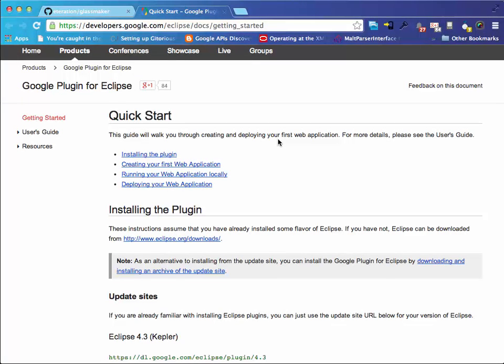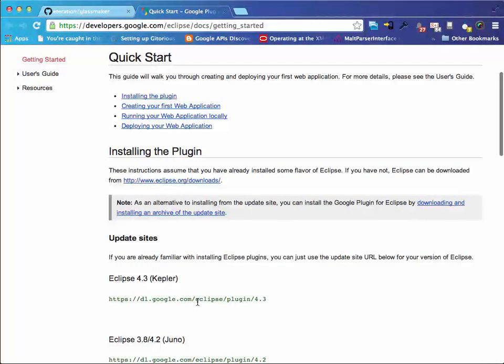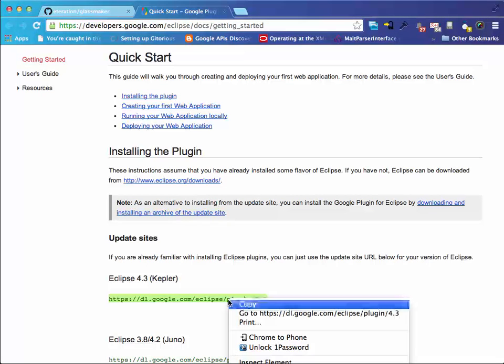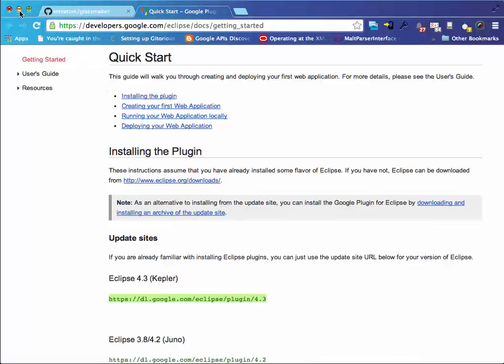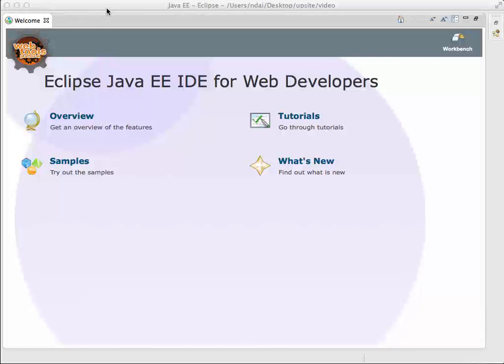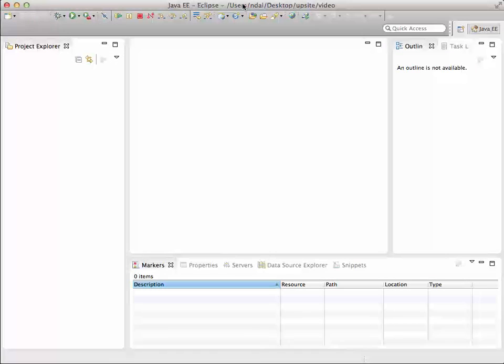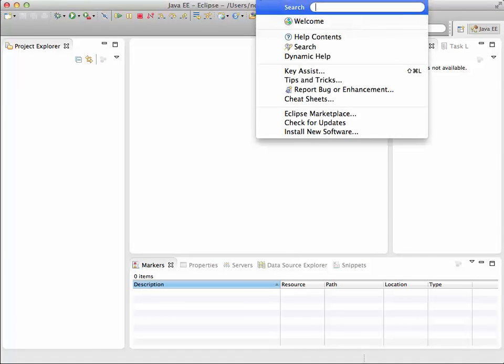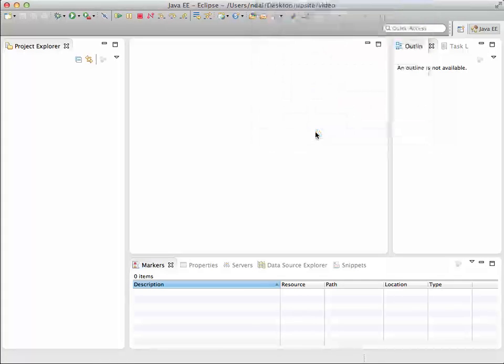We are going to install Glassmaker now. Glassmaker requires Google plugin for Eclipse, so you have to choose the Kepler version and use the update site URL for Kepler. So let's start with that now, and we'll go into Eclipse and install new software,